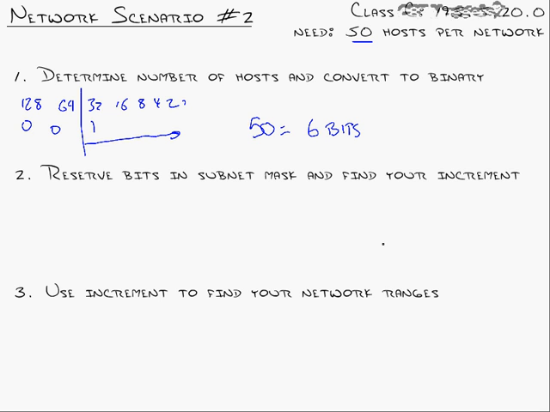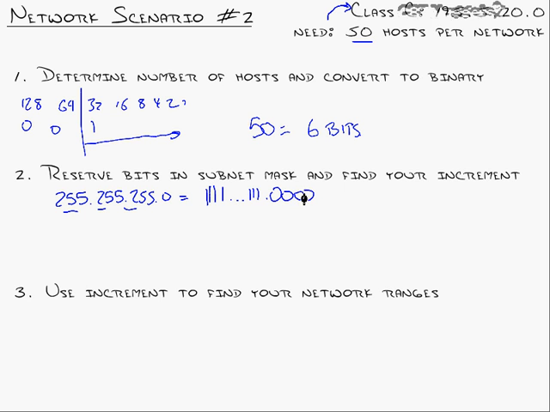Sorry, let me just change my font that I'm writing with so it's a little thicker so it looks a little neater. We've got 50 hosts equals 6 bits. Now, what we need to do is reserve the bits in the subnet mask and find our increment. So our original subnet mask is 255.255.255.0. I mentioned that I was going to show you a way to shorten this down as well. Once you're comfortable doing this, you can look at this and say, well, I can't really change the 255s, right? Since this was a class C address to start off with, I can't change the original subnet mask, meaning I can't move it backwards, otherwise it wouldn't be a class C address. So the way I do this is I just think, okay, so that would be 24 ones,